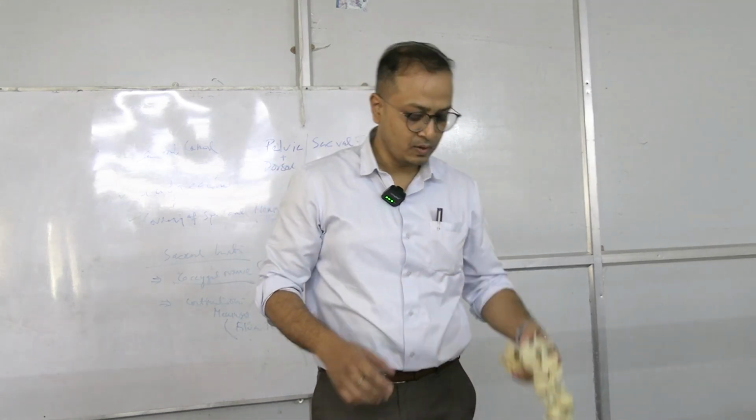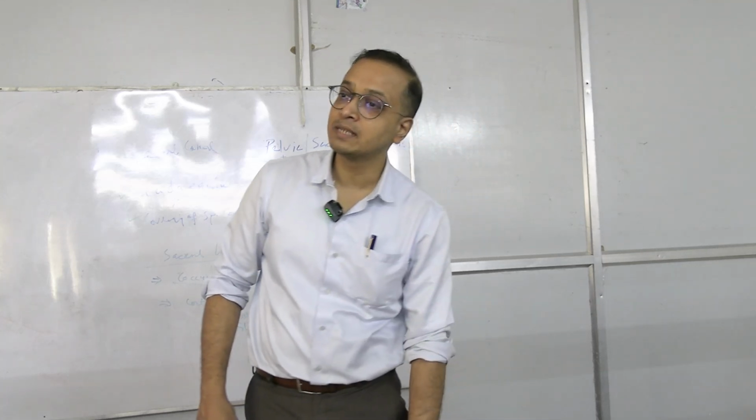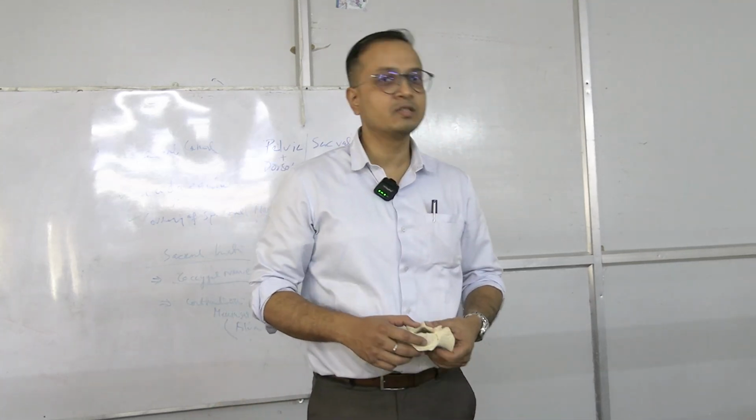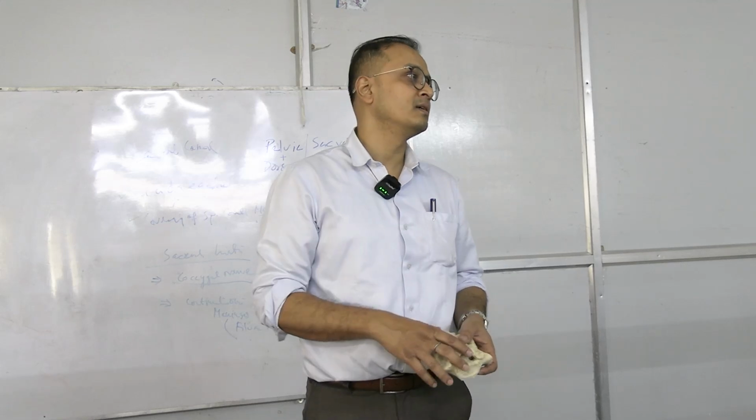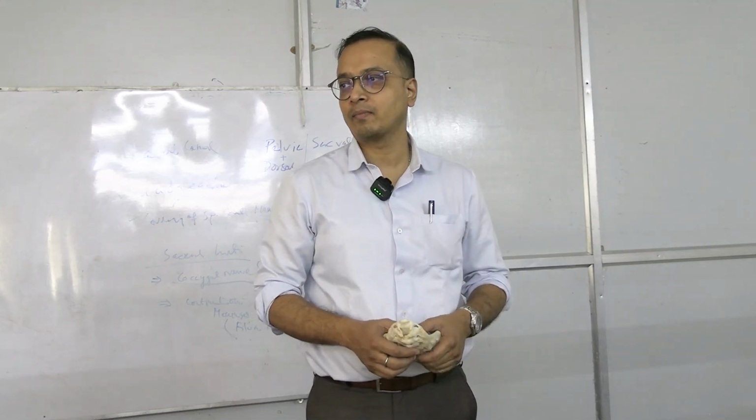So if it remains as a cartilage, it will be a secondary cartilaginous joint, and if it ossifies, then it becomes a primary cartilaginous joint. Example,